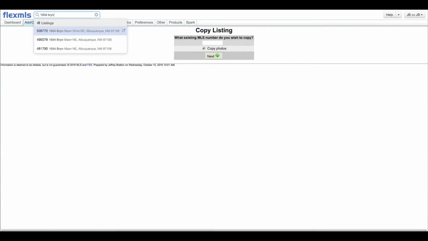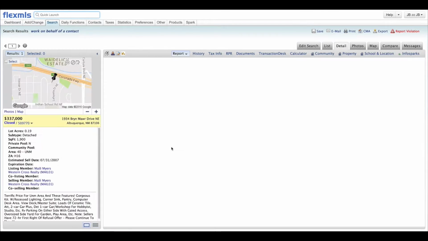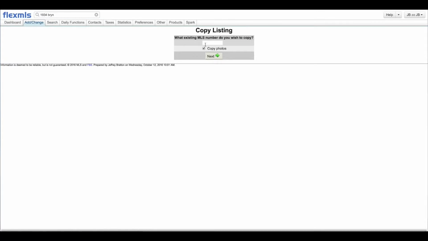And now I need to know what listing number. Well, I have 3 to pick from. How do I know which one I want to copy? Well, that's when I can use that open in a new window and kind of look at each of these properties and go, oh, wait, that's my old listing. But what I'm trying to point out here is the listing number I type does have to be assigned to you previously,